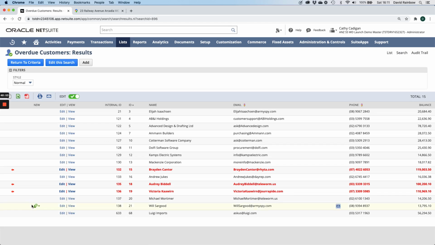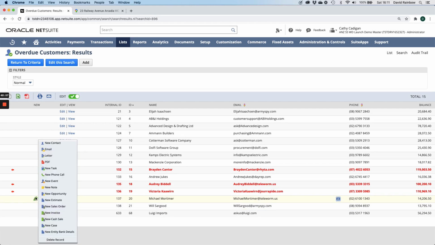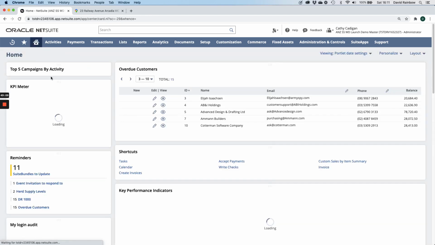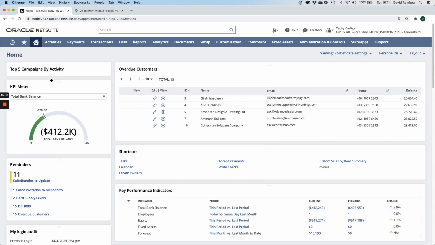So saved searches are used throughout NetSuite and can drive things like marketing campaigns, can drive workflows, can generate analysis. So it's an extremely powerful tool that will be used in all areas. So that gives you an overview of the NetSuite application. Hopefully that's given you an introduction and an understanding of the power